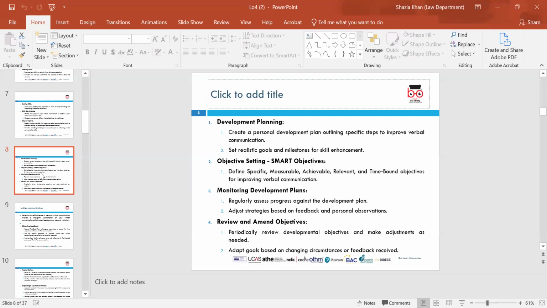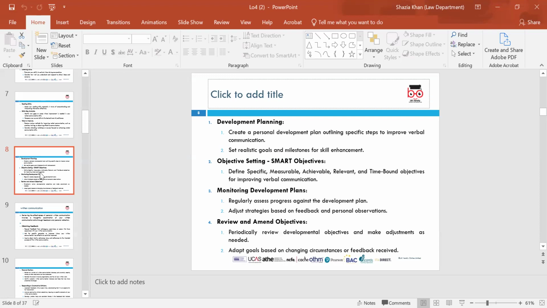They are there to provide the details of how a group or organization will achieve a goal, so it's so important in ensuring that the goals are set and are realistic to complete in a set time frame as well. Monitoring development plans, regularly assess progress against the development plan, adjust strategies based on feedback and personal observations,